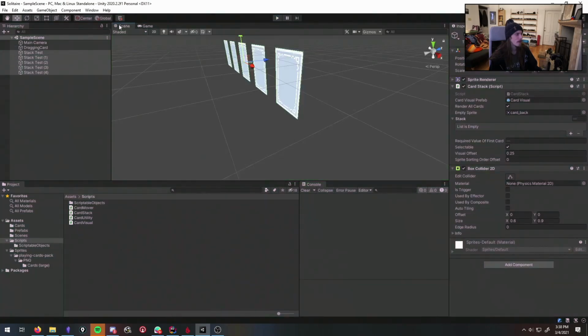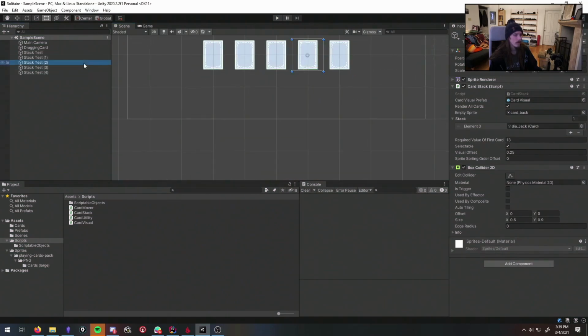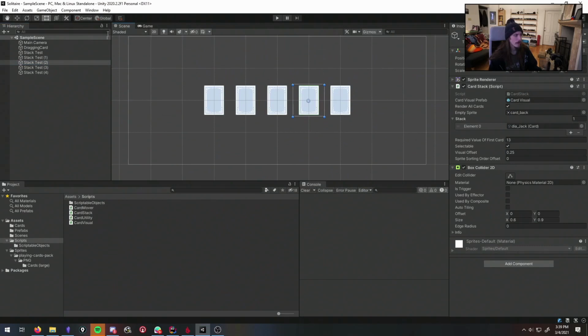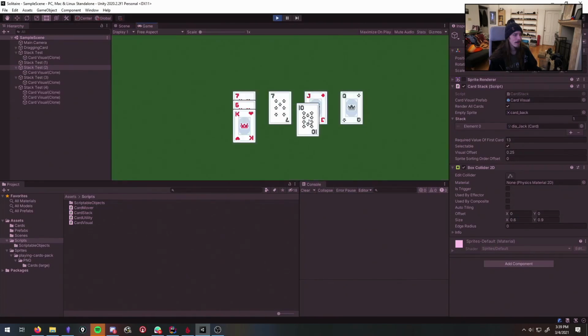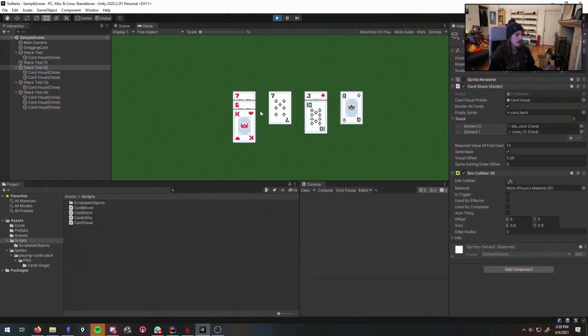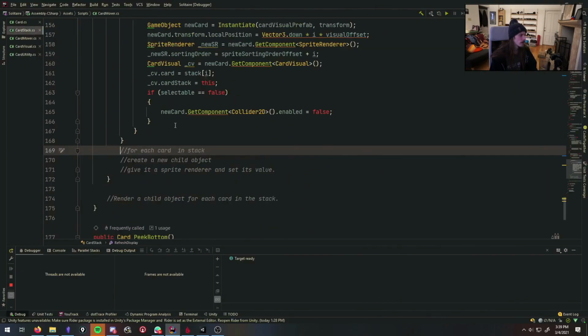Why is that one being different? This one. 2. Is there anything different about it? I don't know, but we could do on the card stack, we could